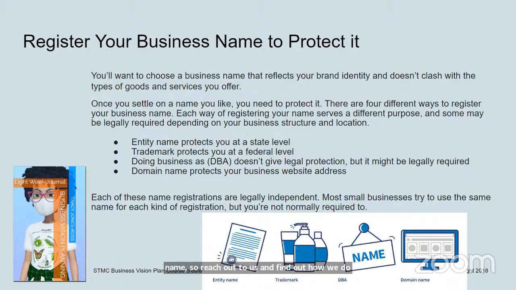All right. Each of these name registrations is legal and independent. Most small businesses try to use the same name for each kind of registration, but you are not normally required to. I went ahead and ordered all my domains for the business vision plan, and you guys will see now we have a new email address for them. Not only do you get a domain for a website and protection of your business name, but you can also